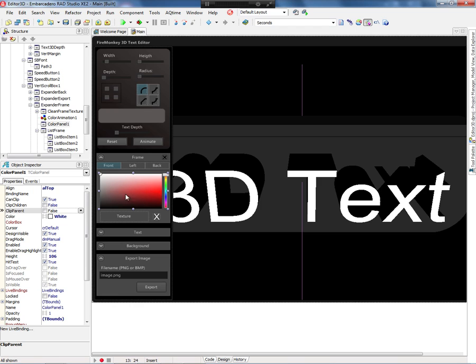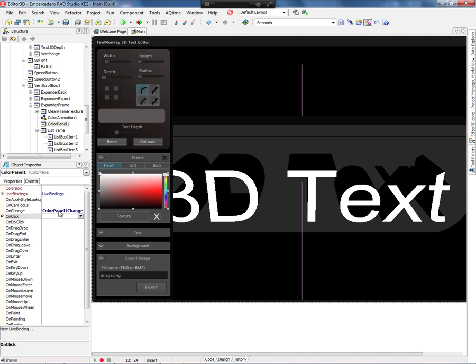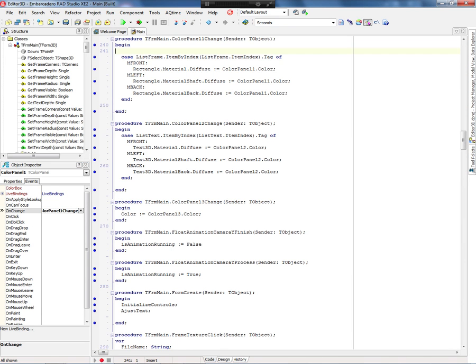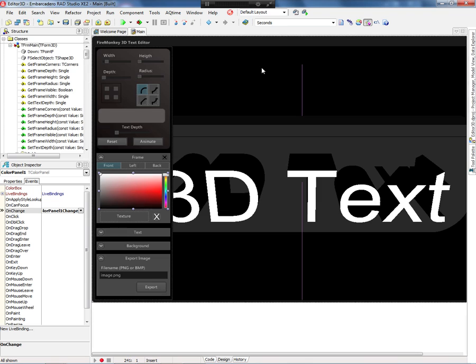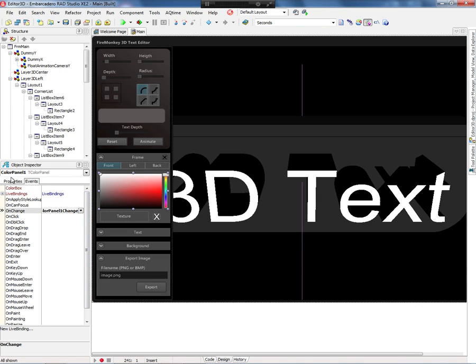I have a color panel which gives me the color the user is selecting here. I can just write an event on change and pick the color I want. At this point here I change the color of the frame, and this is pretty nice because I just change one of the properties I want in the rectangle, and the dot color here is the property I have to pick on the color panel to know what color the user